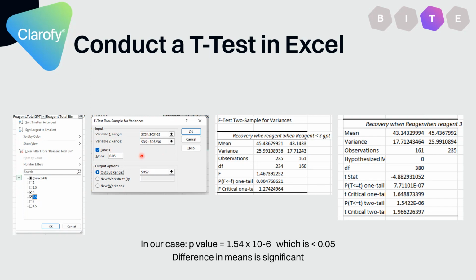On Excel, you get an input box. You put in your two columns here, and when you run it, you get a table like this. All you're trying to find out is if f is greater than f critical, the populations are unequal. So we will use a t-test for unequal variances, and this is what happened with this data set I'm using.